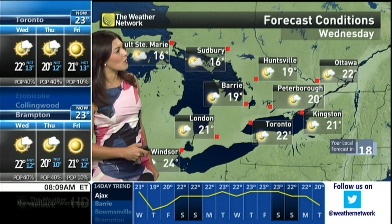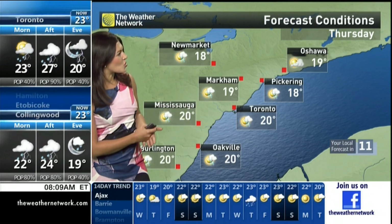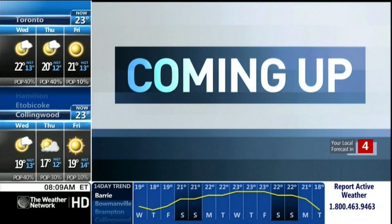Cottage country, not overly great this week. The sunshine will be there. A few passing showers, remember, but the sunshine is mainly there. It's just the struggle to get hot, to feel like August. 19 degrees in Markham tomorrow. All right, when we come back, more on...